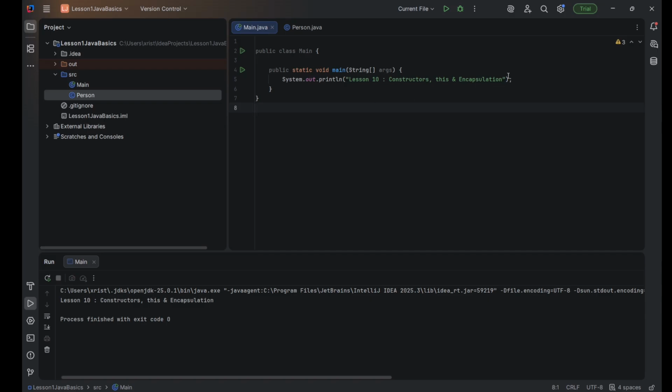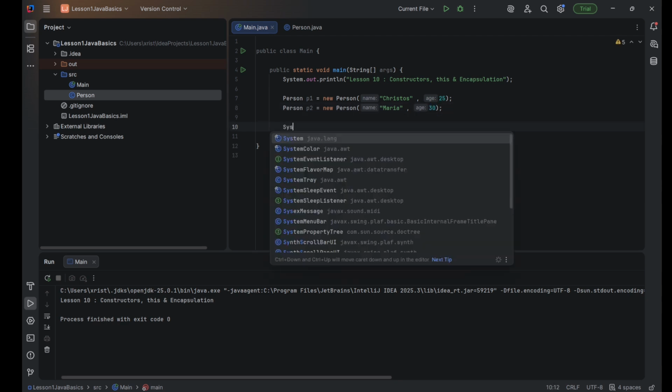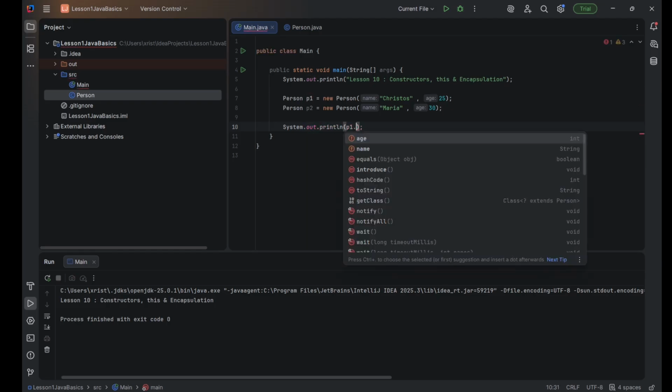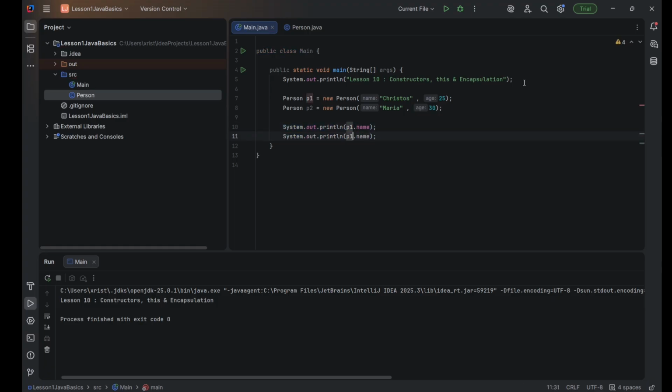Back to our main method. If I write Person p1 = new Person, and I assign Christos, 25, and then make a Person 2, which is Maria, 30, and then System.out.println p1.name and p2.name. And if I run this,